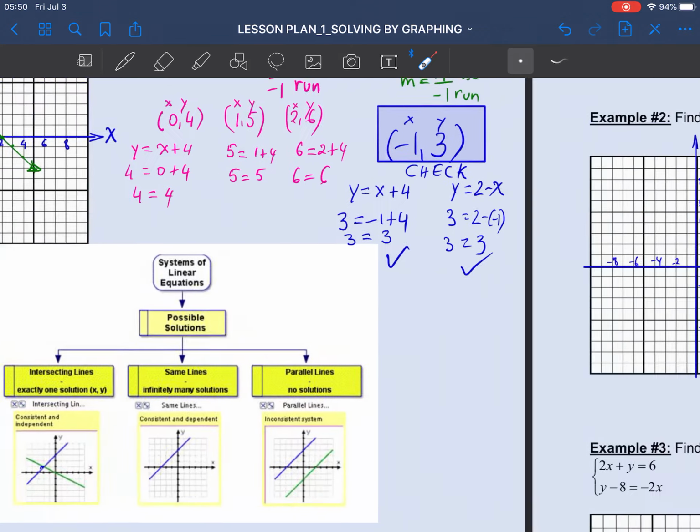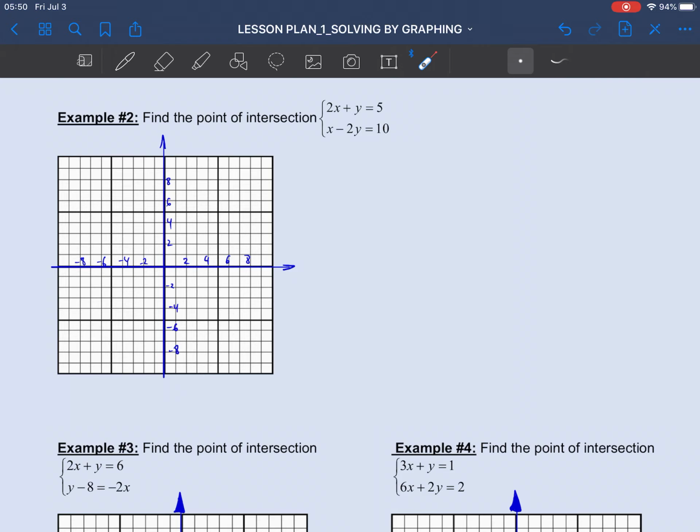Now, this is the first part of the lesson, and I have a few more examples that I want to try with you. I'm going to write the solutions, but I want you to actually stop the video